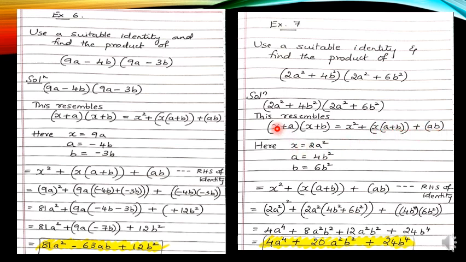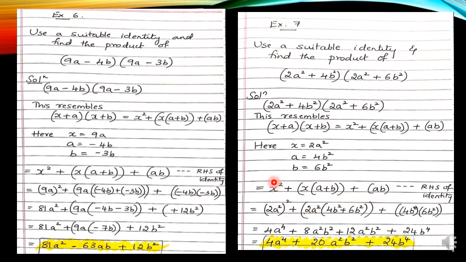In the place of x, we have 2a square. So, x is equal to 2a square. In the place of a, we have 4b square. So, a is equal to 4b square. And in the place of b, we have 6b square. So, b is equal to 6b square. After this, substitute in the RHS of the identity